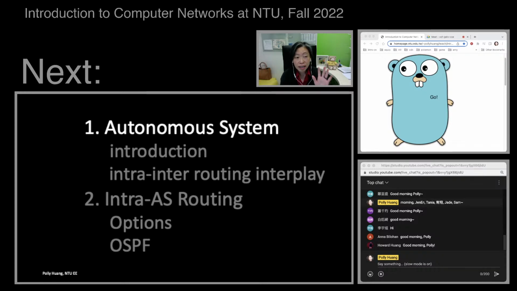Okay. Unlike in link state routing, where you know the global information and you compute based on Dijkstra's shortest path algorithm, or like distance vector, where every node is equal and you simply pass these distance vectors that you compute based on the best information you have, internet routing actually runs in two levels of hierarchy. Because I don't think that it's possible to treat every router equally and run link state routing or distance vector routing